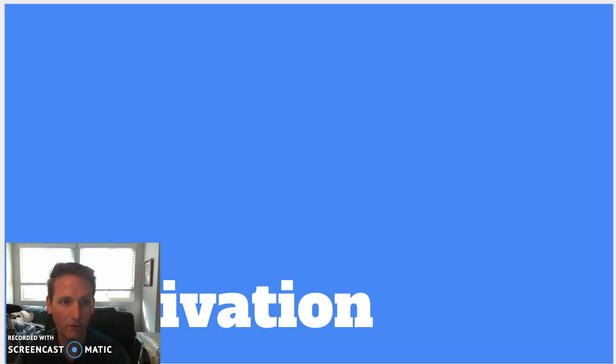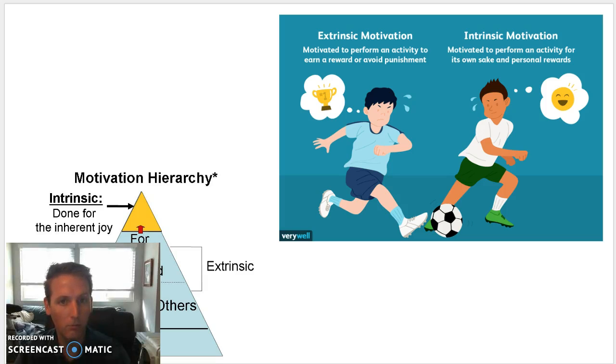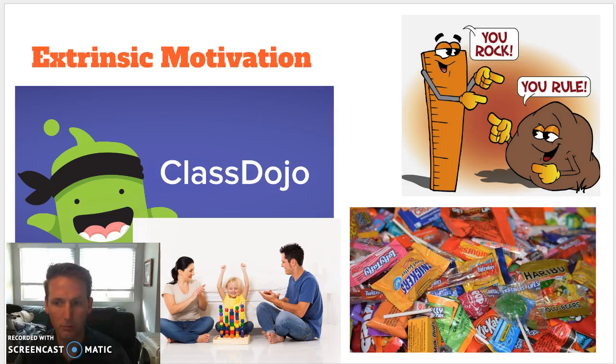Now I'd like to tell you about motivation. There are two types of motivation I'd like to go into today. The first is extrinsic motivation. The second is intrinsic motivation. Extrinsic motivation deals with material rewards and the praise of people other than oneself, like parents or teachers. Offering the students who meet a specific behavior or task a reward, like classroom points from Class Dojo, candy, or even adult praise can have immediate and positive results, but rarely last in the long term,